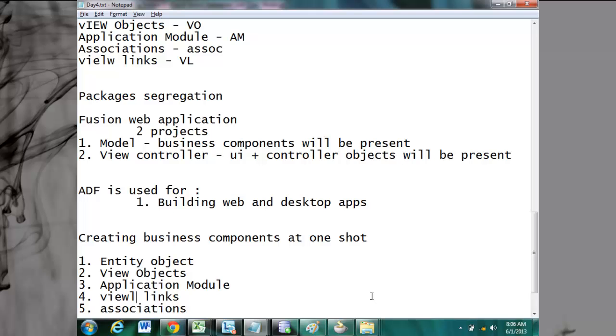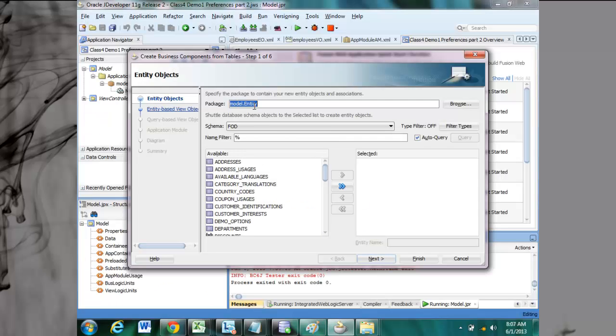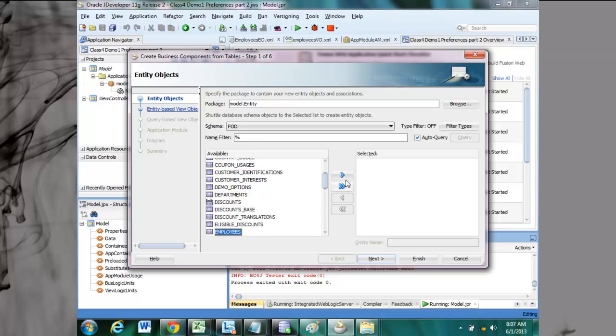associations. Now in this case, I told you by default you are getting the model.entity package, and you are getting a name filter. Auto filter, please always give it as on, so that it will take it. Next one, employees. Take employees. You are creating now. I'll create two entity objects at one shot. Is it okay? Previously I created one entity object. Now in the business components, I'm creating two entity objects at one shot, two view objects at one shot, and these two view objects should go to the application module at one shot. So this is employees. Next is